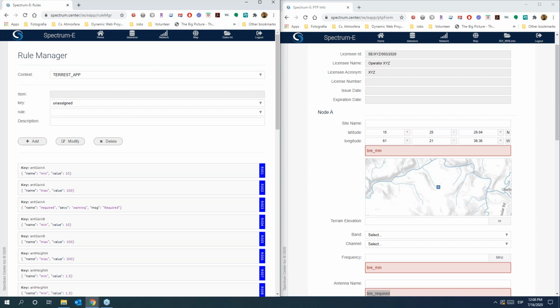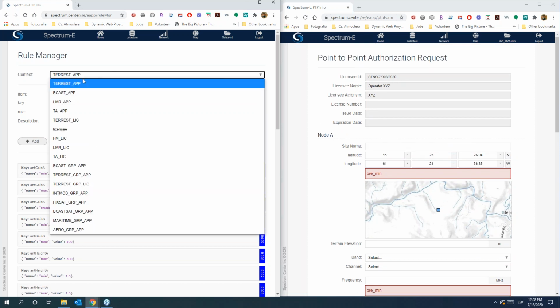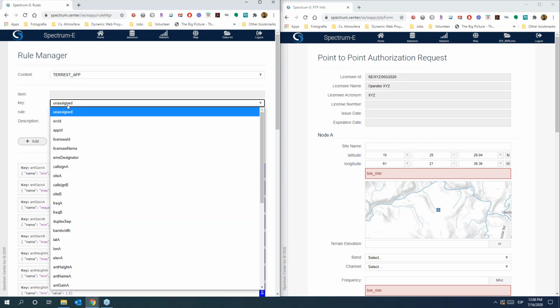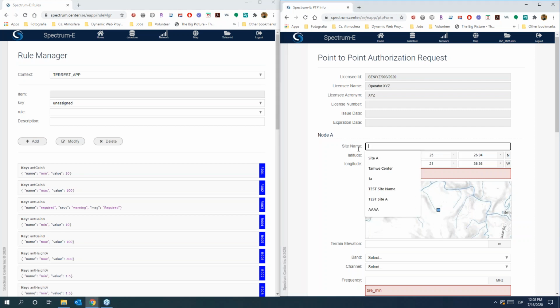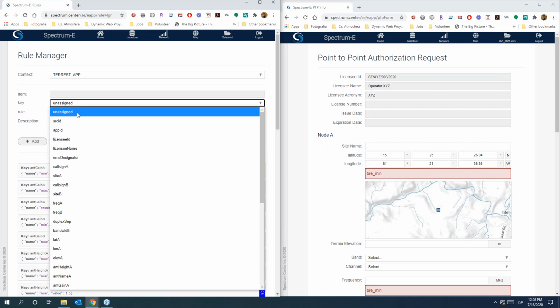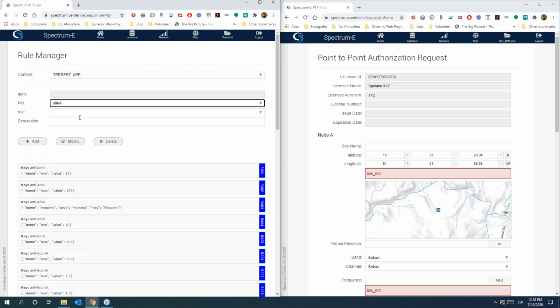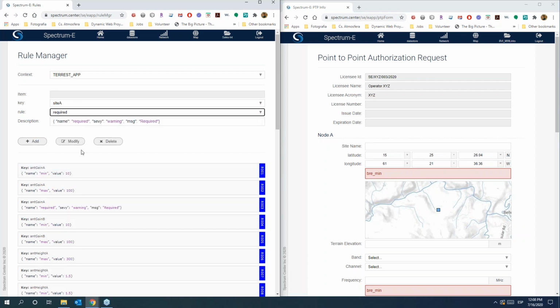So for example, we are working now in the point-to-point, so it's going to be Terrace app. And we want to add that the site name is a required field. So we pick from here, site A, and we want to say that the rule is that it's required, and we can edit the message. So if we just add this way,